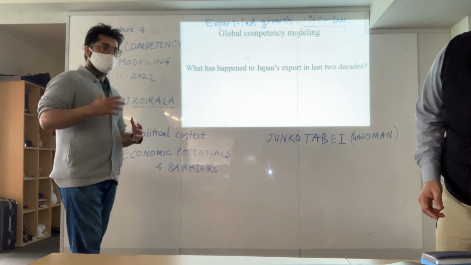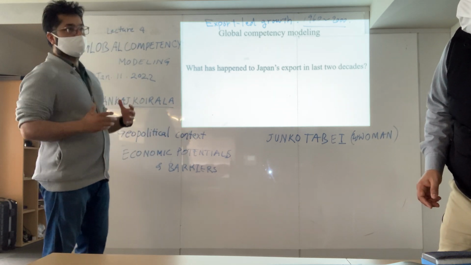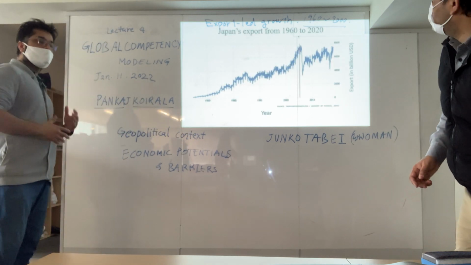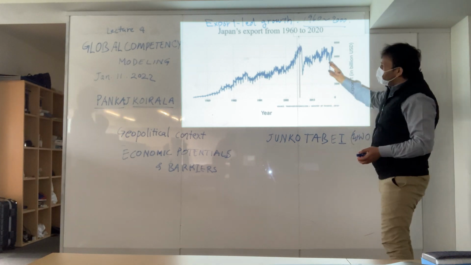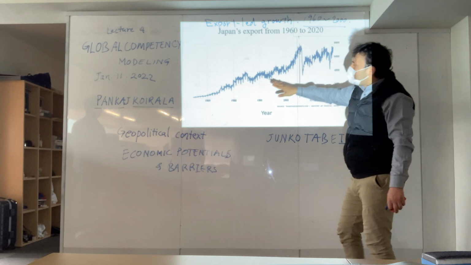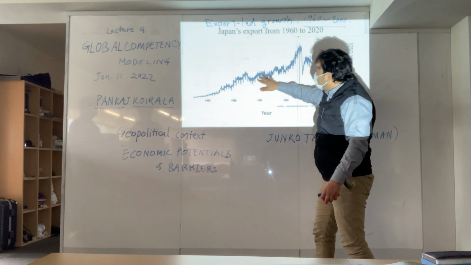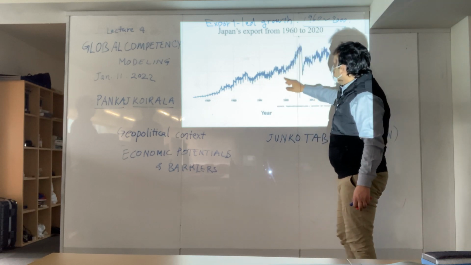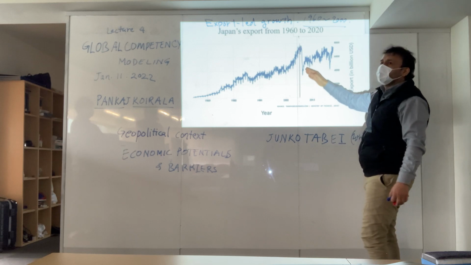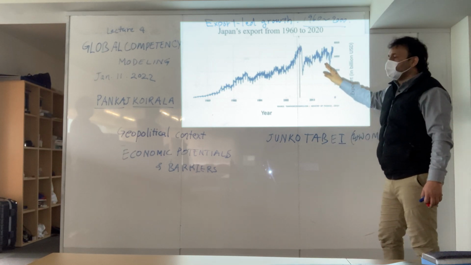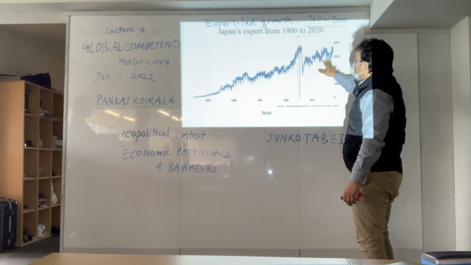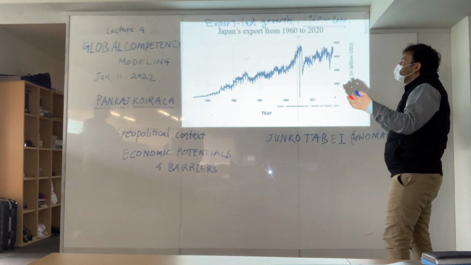Pankaj, what do you have to tell our students today regarding this part? As Raja explained, through the export-led growth from 1960 to 2000, Japan's export grew consistently over the period of time. But you can see here, after the red line, there is a sudden fall in the export, and the growth is stagnant. So we can see there is some kind of stagnation in Japan as well.